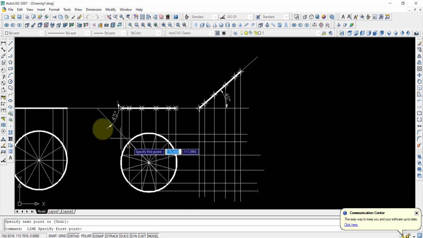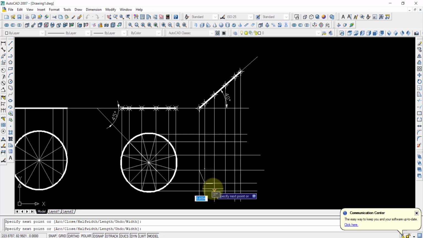After that, you can select the points, this one and this one, in that way, or else you can directly go with the polyline command. I am selecting the polyline command. Here the point is there, from here it is started. Here the point is there, this one and this one, both are here. This point is also matched. This point is also matched. Next point is this and this.